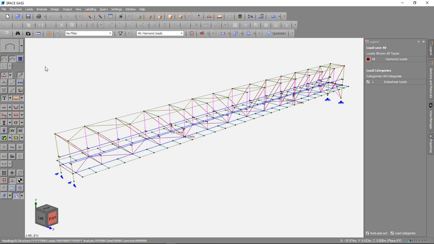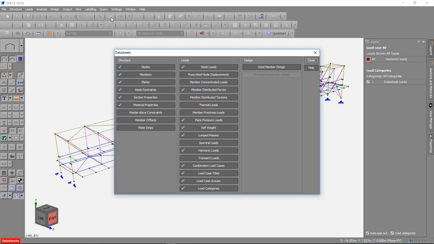Because the harmonic analysis requires you to do a dynamic frequency analysis, or it uses the results of a dynamic frequency analysis, we need to do that first. Once it's done, you don't have to keep redoing it, but I'll run through that now just to make sure that it's been done. Before I do, I'll show you which masses have been defined in our mass load case 90. So going to the mass data sheet, lump mass data sheet,